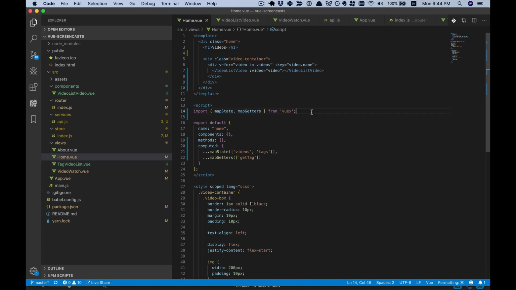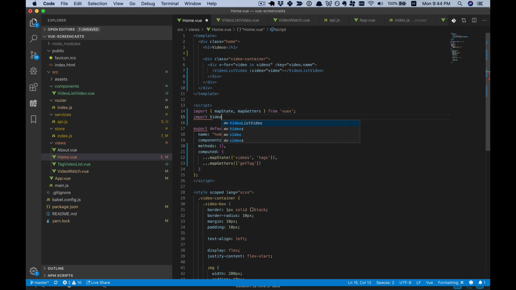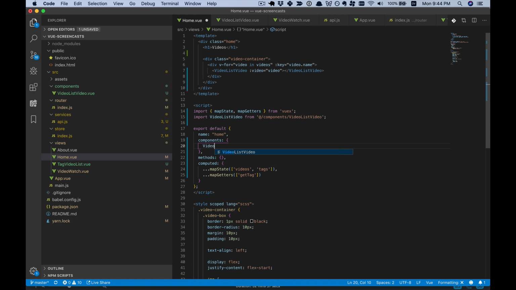And we'll have to import video list video from /components, video list video, and put it in our components. I don't know why we have to do 3 things just to use a component, but whatever. Okay, so